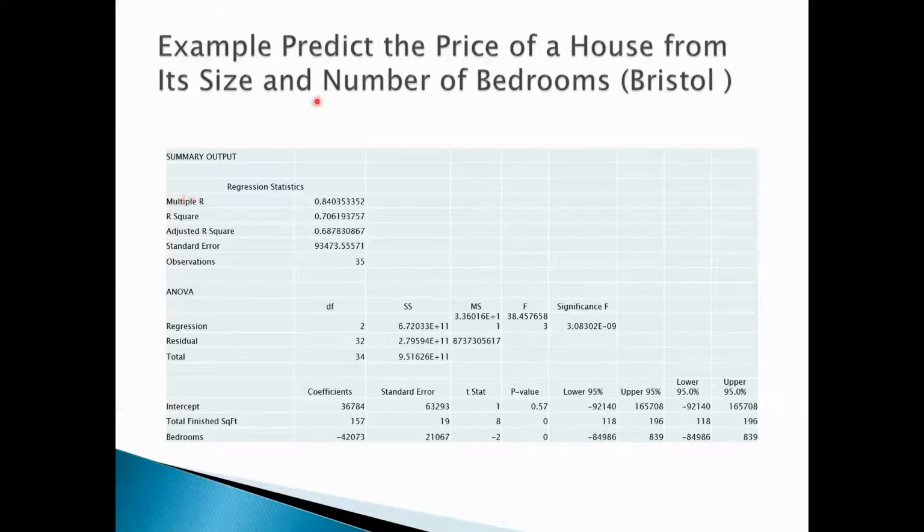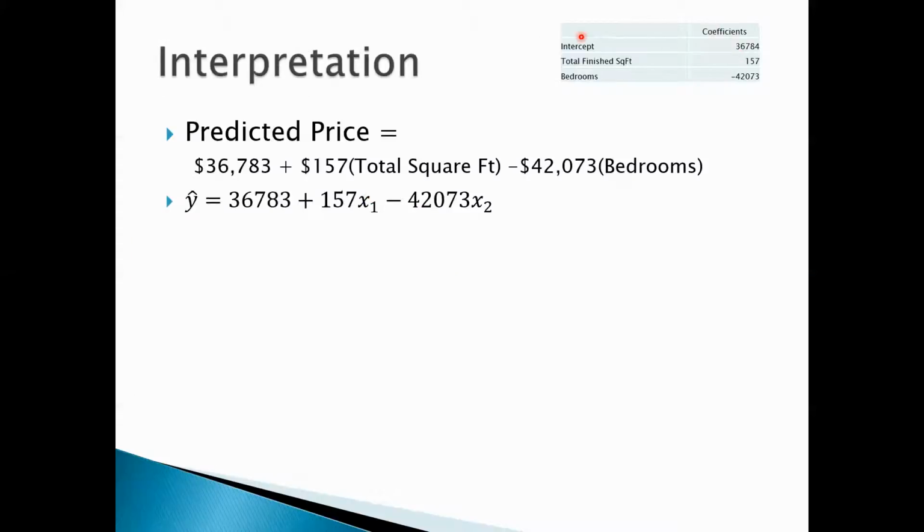So this predicts the price of a house from its size and the number of bedrooms, and now we're talking about Bristol, not Cambridge anymore. So the output looks like this, which is pretty intimidating, but the only part we really need is down here. And so this is the part we need, and the way to interpret it is this,